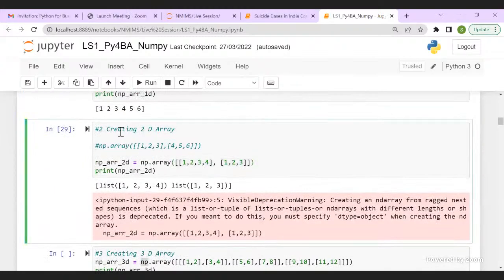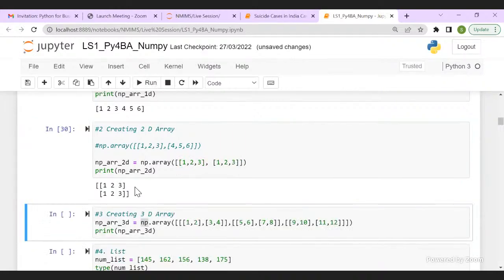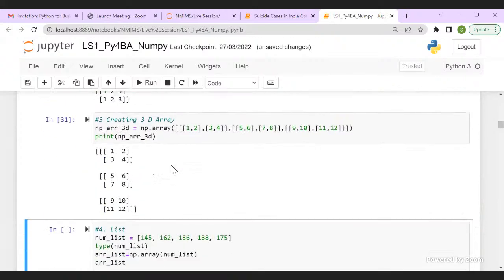Now I have created a 2D array. So let me roll back the changes of Shama. Run it. Okay. Now what if I want to create a 3D array? Please all of you go ahead and create a 3D array where you will have 3 square brackets and 2D arrays on top of one another. This one 2D array, this is another 2D array, and this is another 2D array. Carefully try to create it and run it.